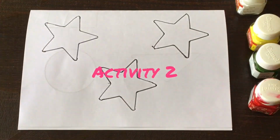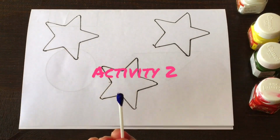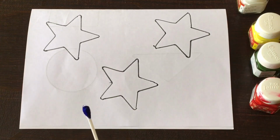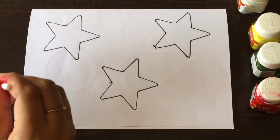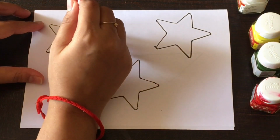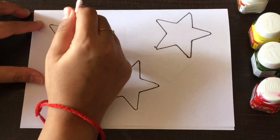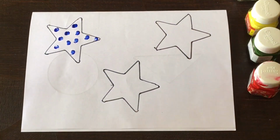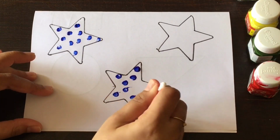Now the next activity is, I have made some stars here and I'm using a Q-tip and blue paint. So you just have to ask the child to put the Q-tip in paint and they just have to put it inside the shape. So here I've made stars. You can make any random shapes, and this is also one fun activity, so this also will help in their